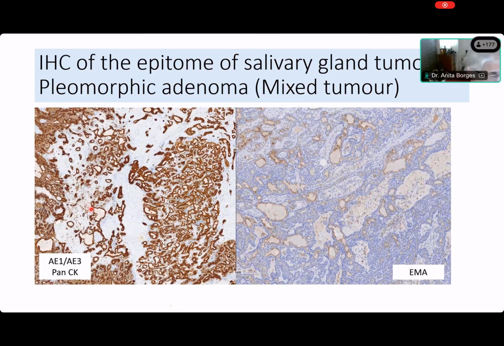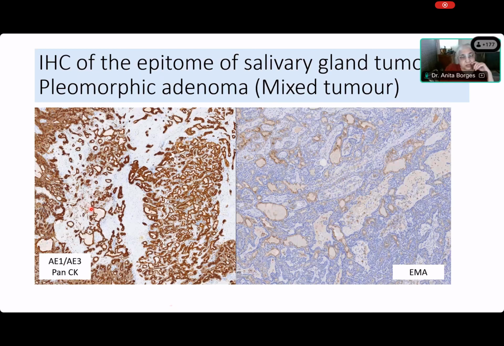All right, come on, Madhu, will you please tell Shivani what she wants to say? What is there in this pan-CK? What has taken up, or is pan-CK expressed in what? Madhu, are you there? Madhu's also disappeared. Okay. Akshara? The luminal epithelial cells are highlighted by pan-CK, ma'am. I see. That's what Madhu says. All right, Akshara? Ma'am, I said that. Oh, you said that. The luminal epithelial cells.